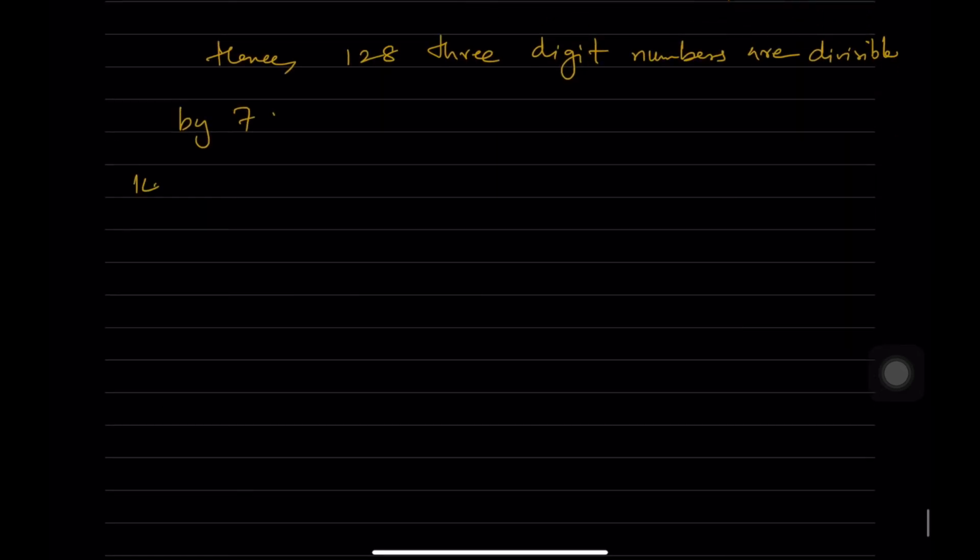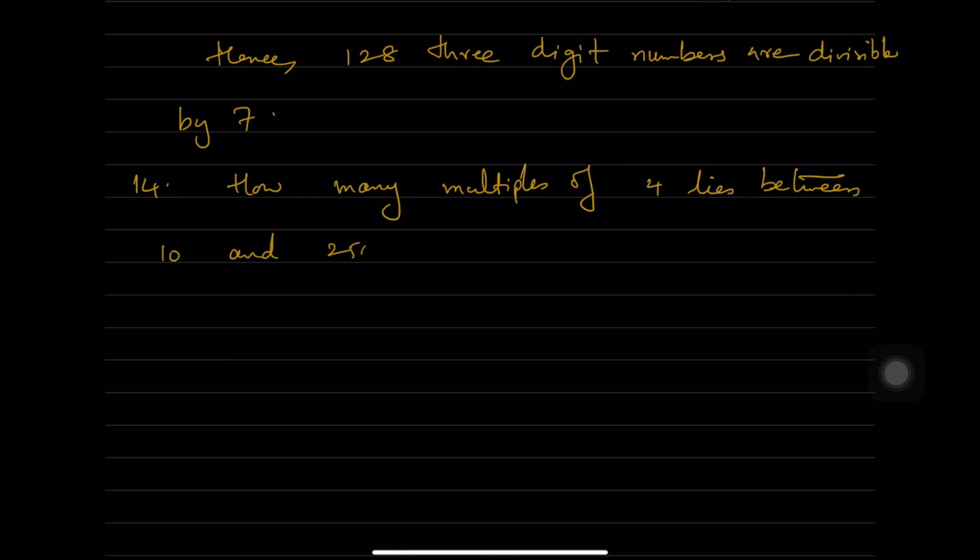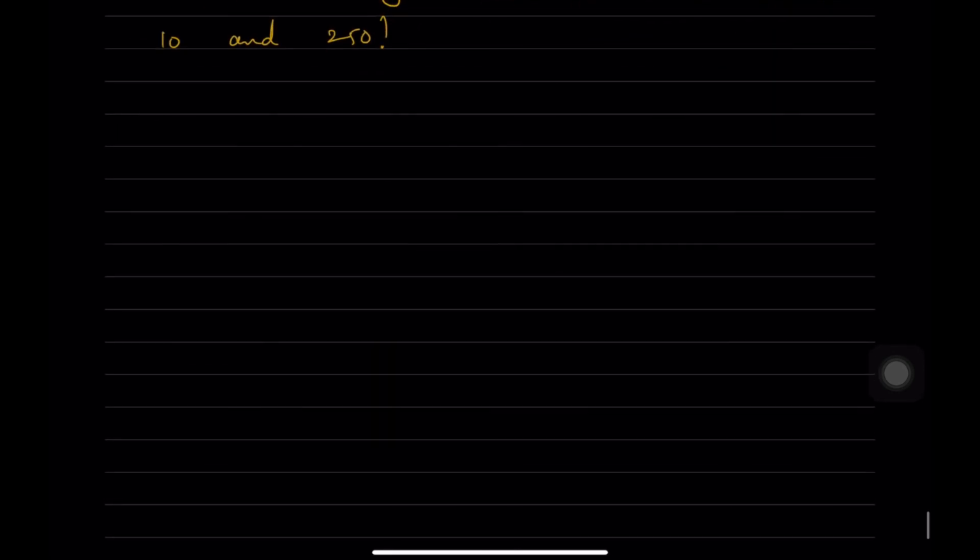Next, going into the 14th one: how many multiples of 4 lie between 10 and 250? So what are all the terms which are divisible by 4 which lie between 10 and 250, we have to see. So solution is